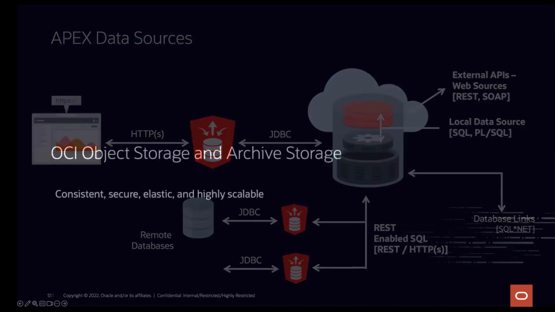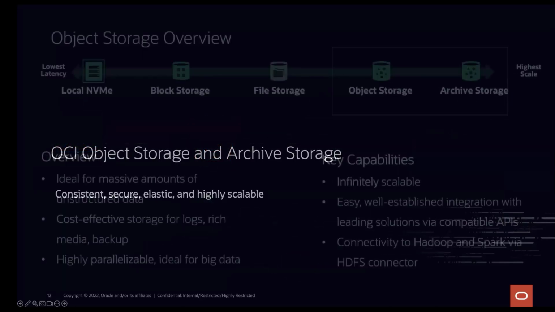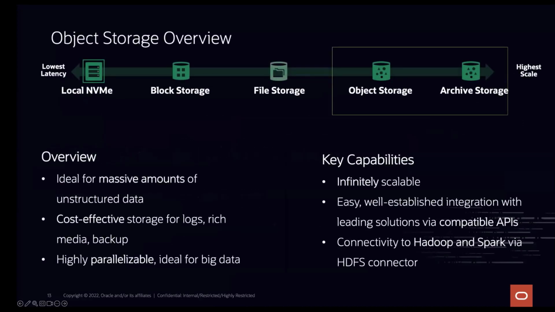And so, a quick look at what object storage is and what archive storage is. Object storage is ideal for large amounts of unstructured data. It's a platform that's designed for storing this data. It's reliable, efficient, and can handle any type of content: analytics, images, videos, PDFs, PowerPoints, you name it, you can store it inside of object storage,